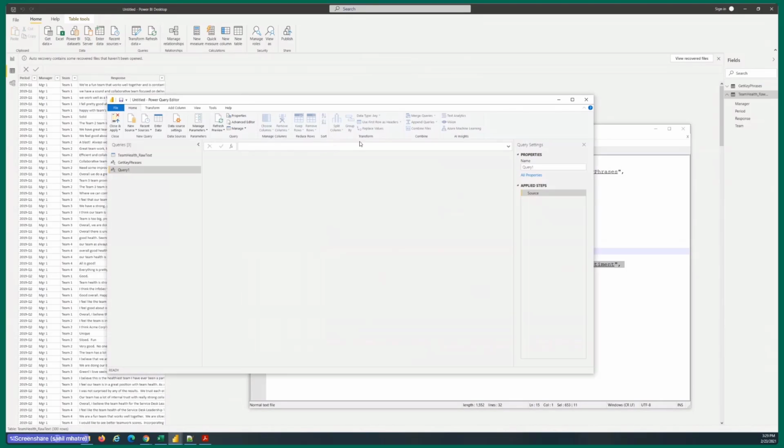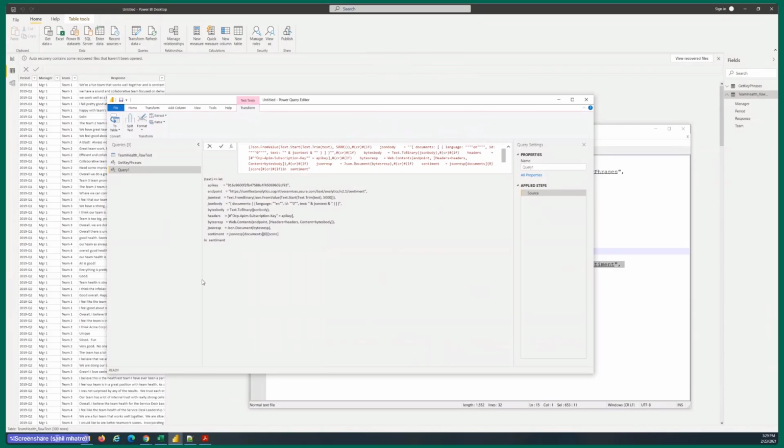So copy this, paste it in this text box, and rename this query to get sentiment scores. Okay, so now we have our functions ready.